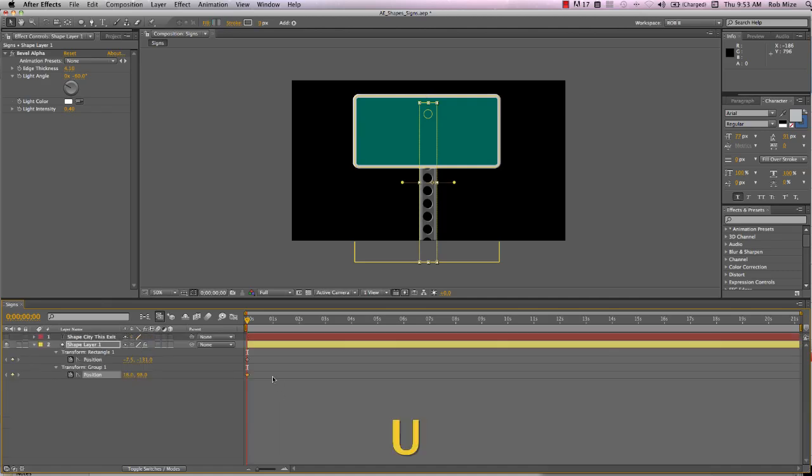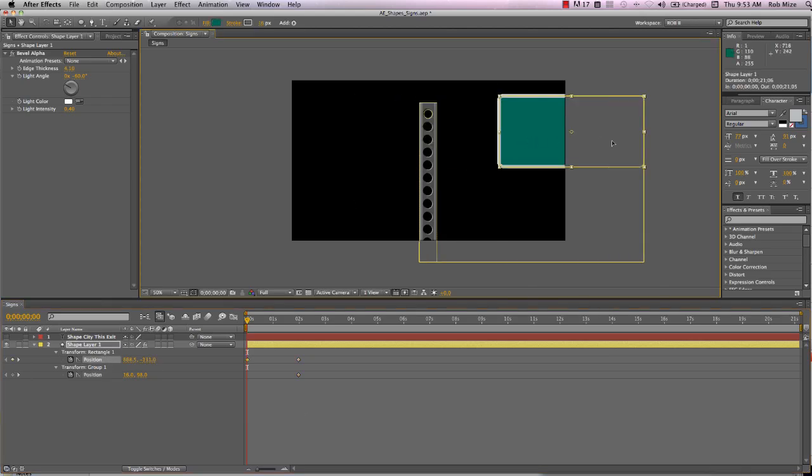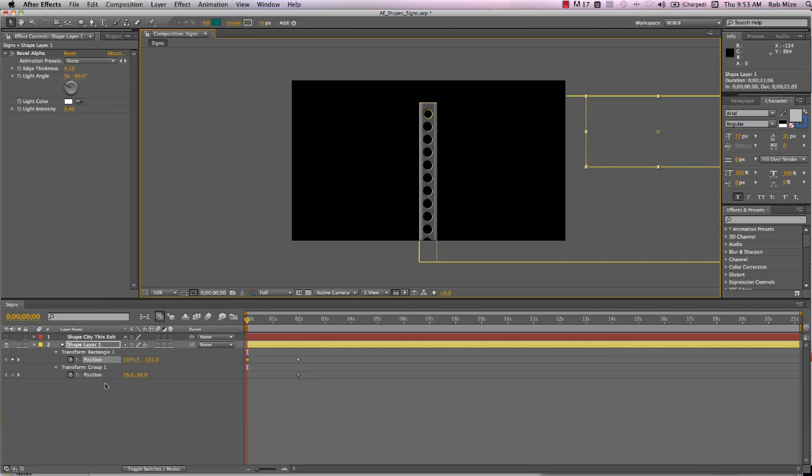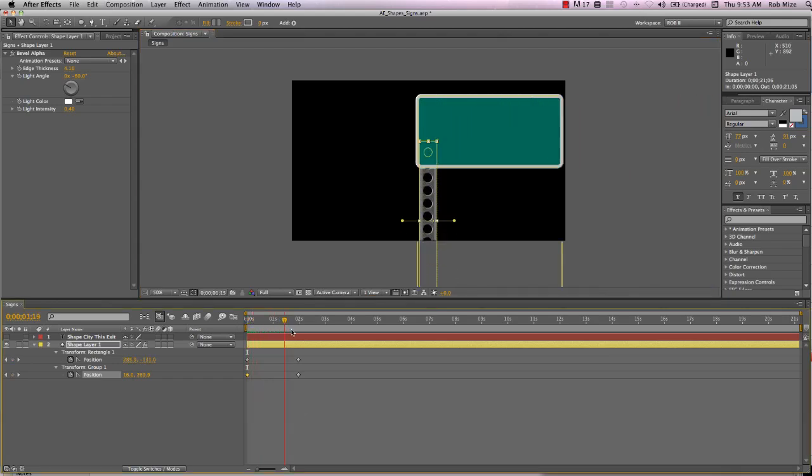I'll hit U so that I only see those keyframes I added. Bring this forward a little bit, and I will grab this rectangle and let's pull it over to the side. Let's grab our group and pull it down out of the frame,